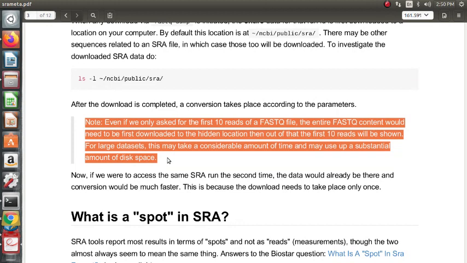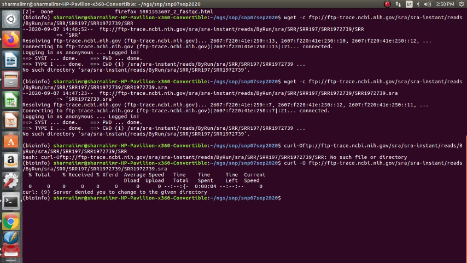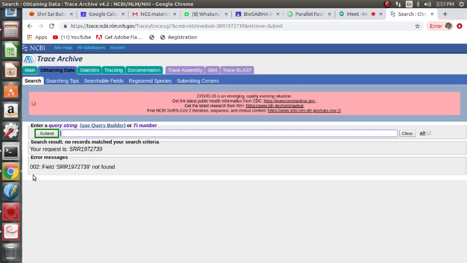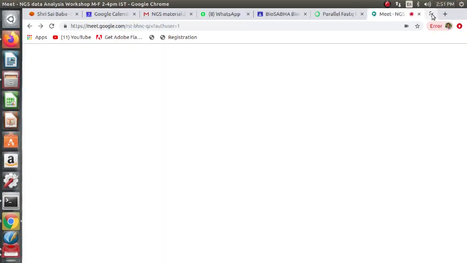Yes, so in order to determine the first 10,000 reads, the entire FASTQ file needs to be streamed first. It's not exactly downloaded, but streamed, because every dataset that is being downloaded or uploaded on the internet is basically stream data. In curl, for example, you get statistics like this many KB per second, Mbps, kbps.